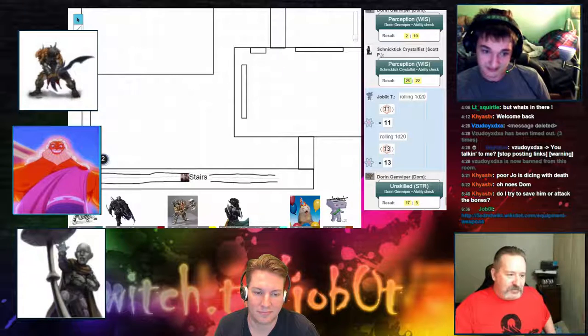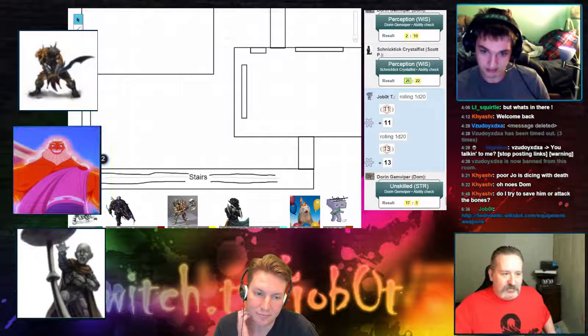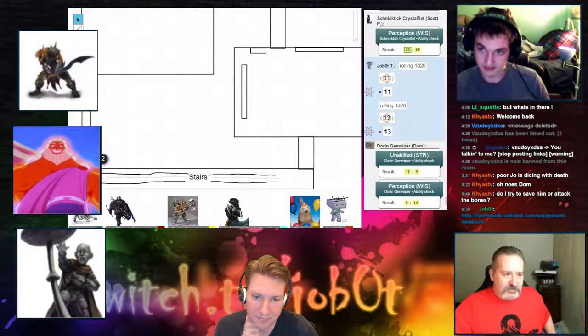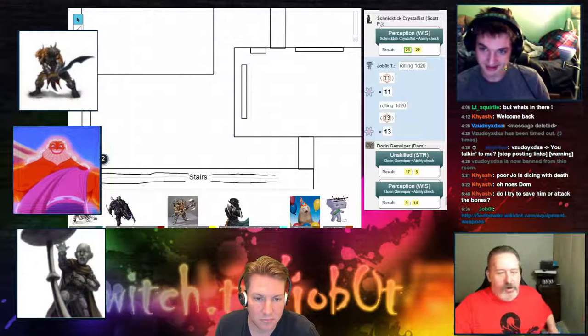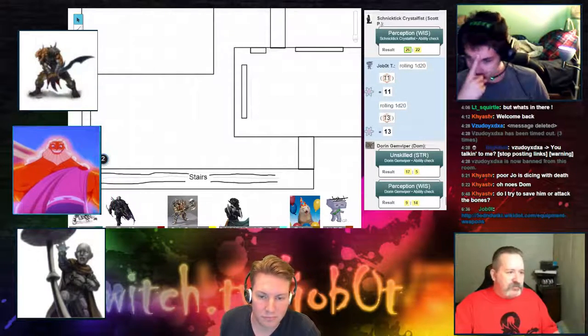That's not a door there. That's just an open area. So I have to roll perception in the room, I guess. Want to check it out? Perception. Really? Okay. So you look, and there's a room. It's pretty dark. There's not much there. You can